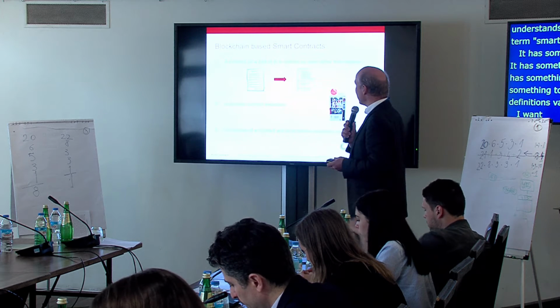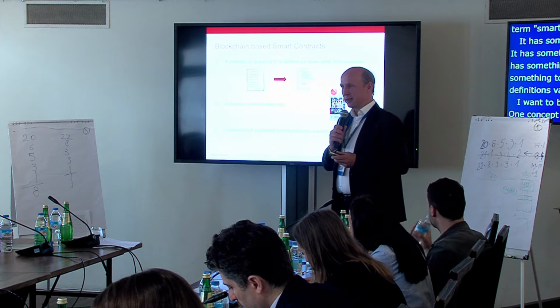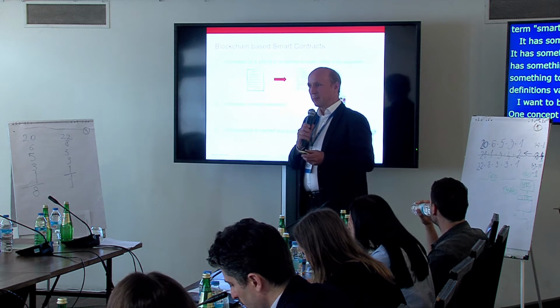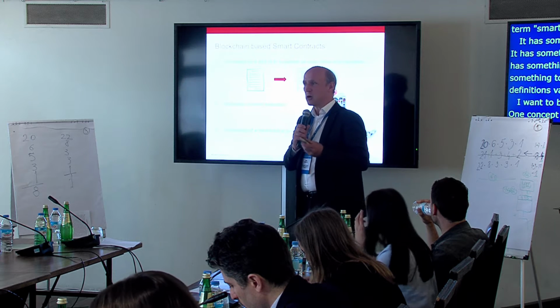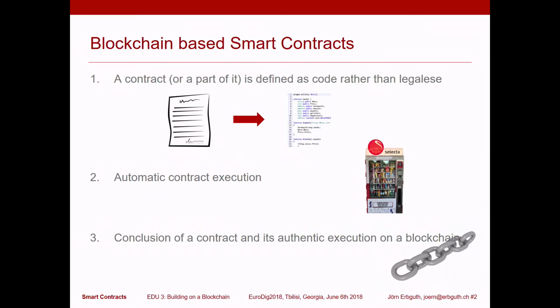One concept is that you do a contract not by legalese, but by something electronic, by a code. And the second one is that something is executed automatically. So it's not a contract that people manually execute, but that is executed by a computer. And the third thing is that it's on a blockchain, which is the element of trust. So going to the first one,